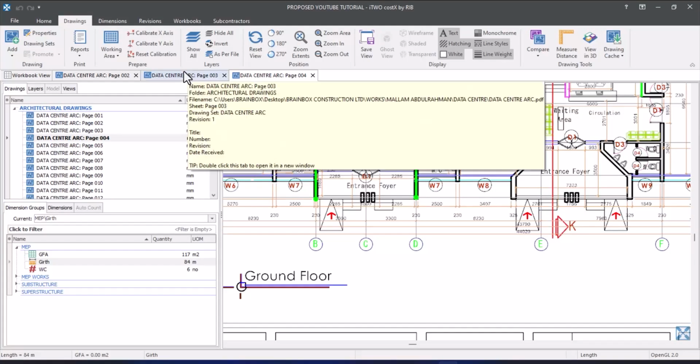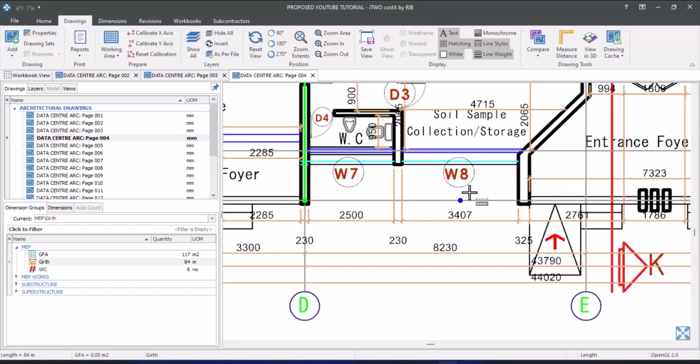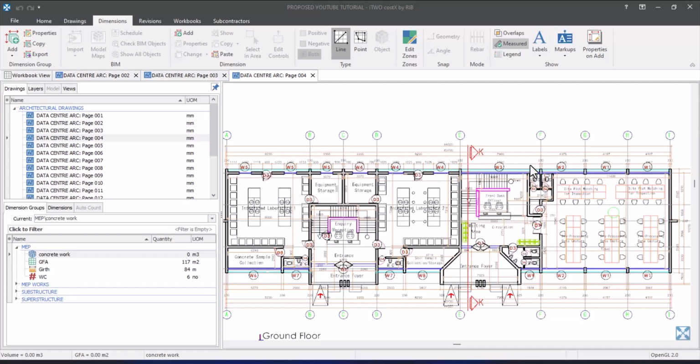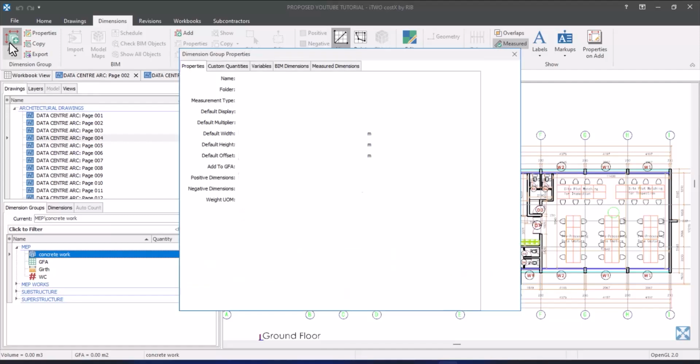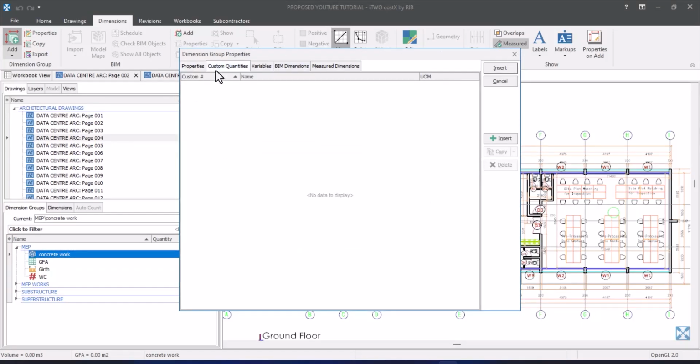For the next dimension group, I'm going to show you how to measure for the basics. We are going with the basics for now before we move to the main advanced dimension groups and AI-level precision takeoffs. I'll just go through the advanced takeoff a bit, but in our next video, we are going to go deep. So when you create a new dimension group, in here now you have the custom